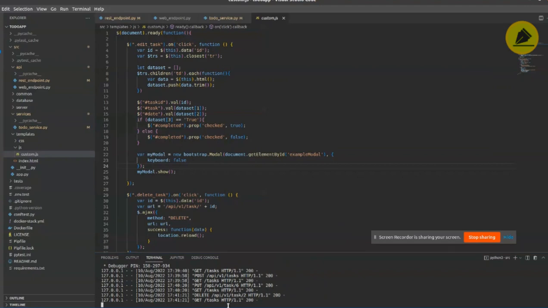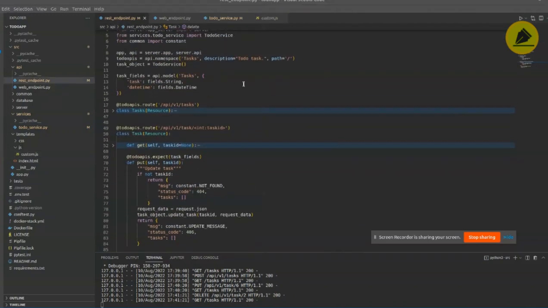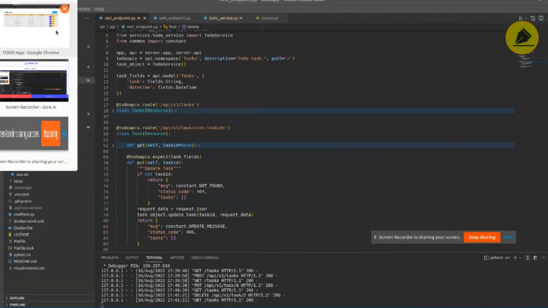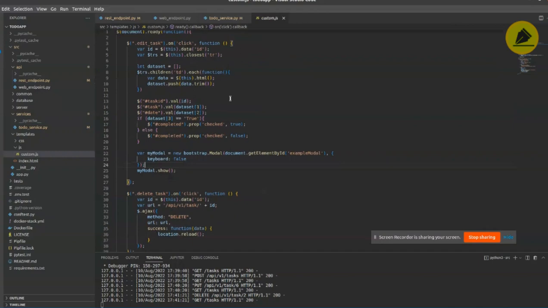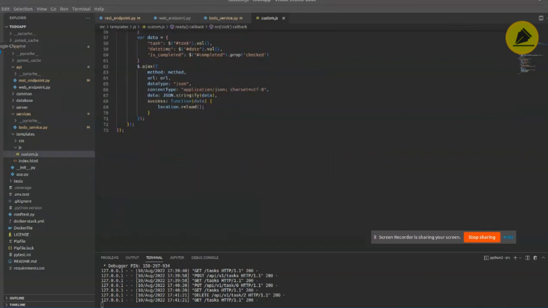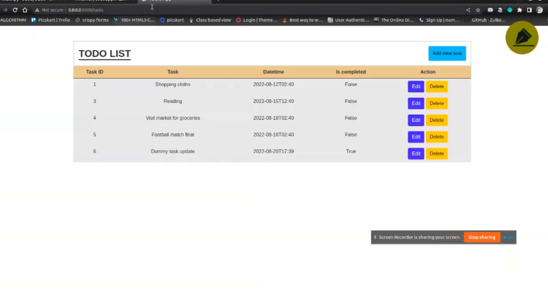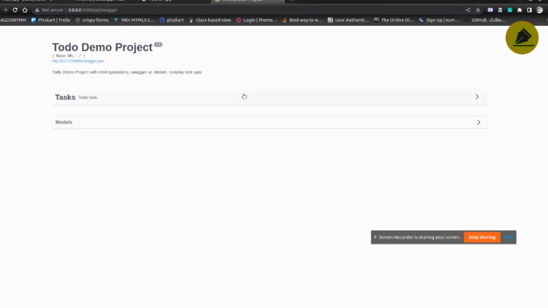You can see here, it called the same GET API, then the delete API, whichever we deleted, and the PUT API that we just used to update the task with ID 6, right? So it is actually calling the same REST endpoints that we created, from the browser through the JS code that we wrote inside this JavaScript code. So this is our complete application with the Swagger view, right?